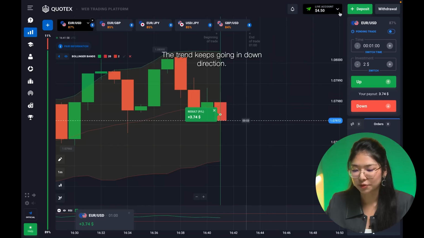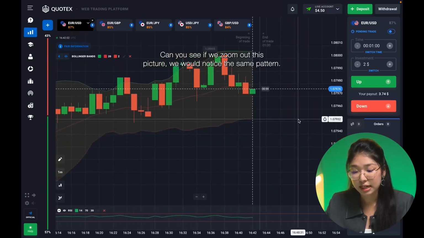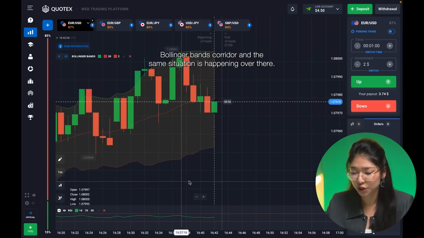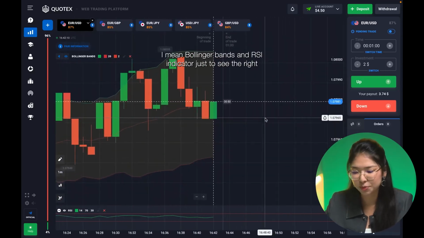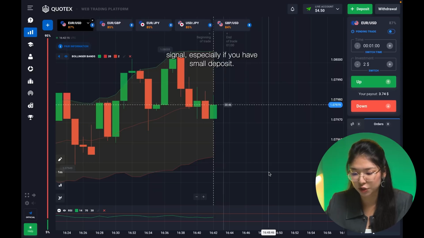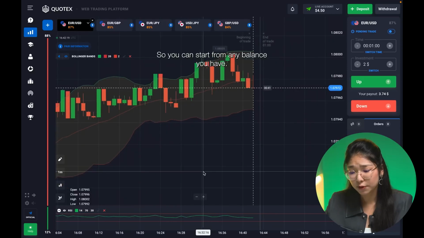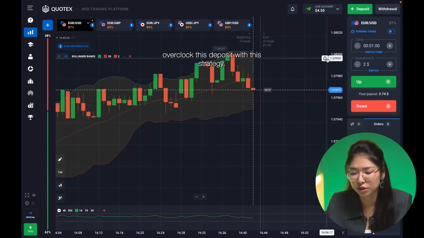So the trend keeps going in down direction. Can you see that with zoom out of this picture, we would notice the same pattern. Candles roll along the middle line of Bollinger Bands corridor, and the same situation is happening over there. And I think it's a perfect tool. I mean, Bollinger Bands and RSI indicators just to see the right signal, especially if you have a small deposit. And you can start from any balance you have. For example, today I started just from $1, and I will show you how to overclock this deposit